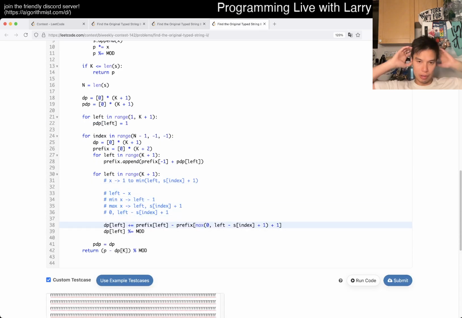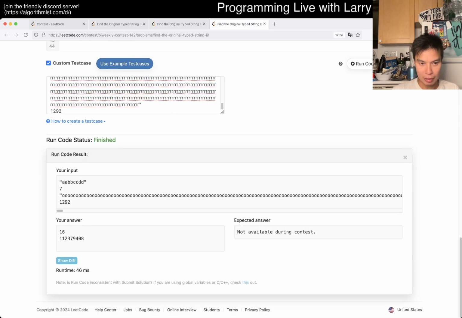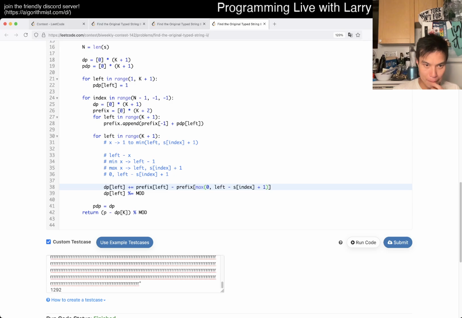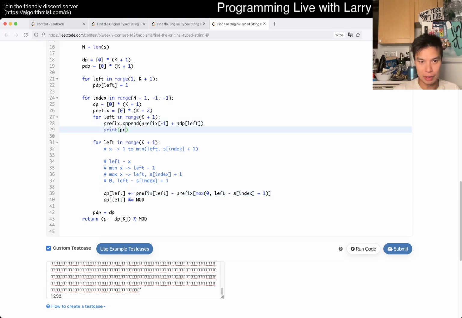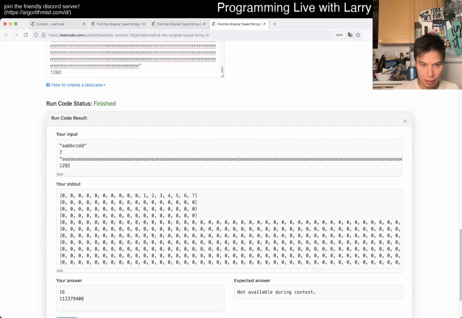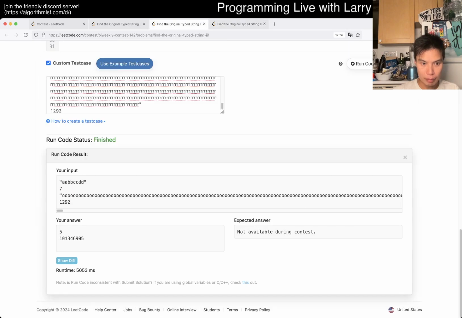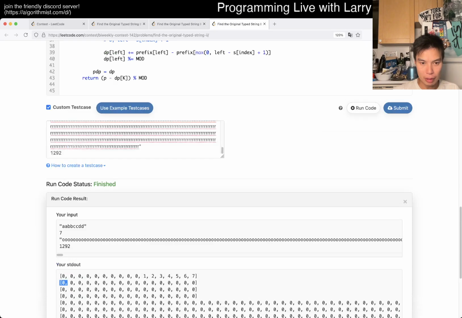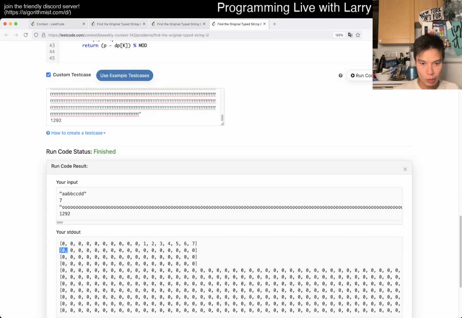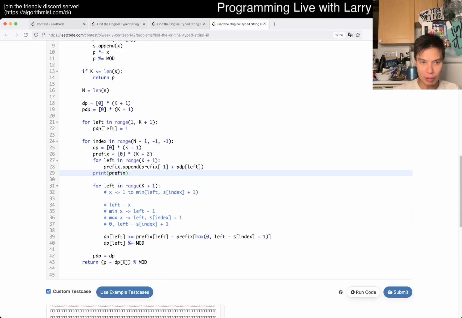The indexing is so hard for me in general. I am just really bad at it. Oh no, because it should be inclusive, so the second one should not have this one. Okay, still doesn't change anything, but let's actually print out prefix real quick, just to make sure that it's doing something. But yeah, it's not doing any. So the prefix is just not right for this one. Plus pre.